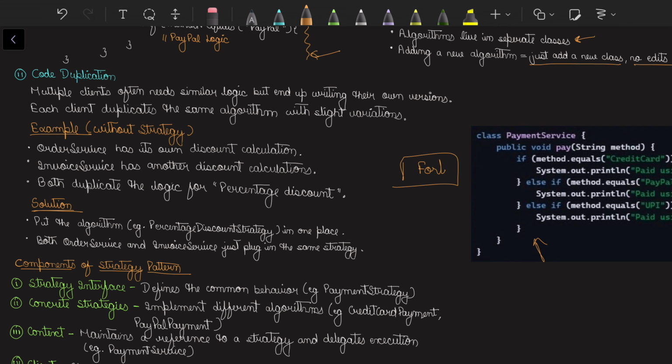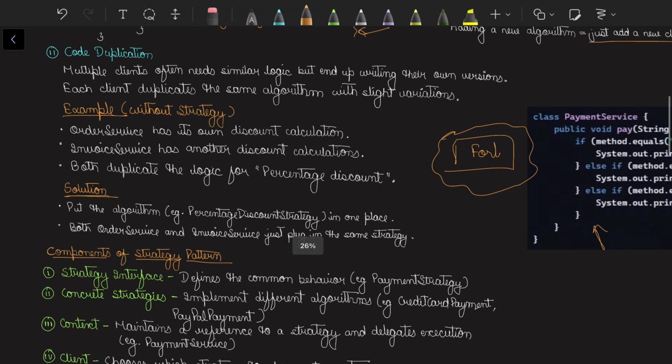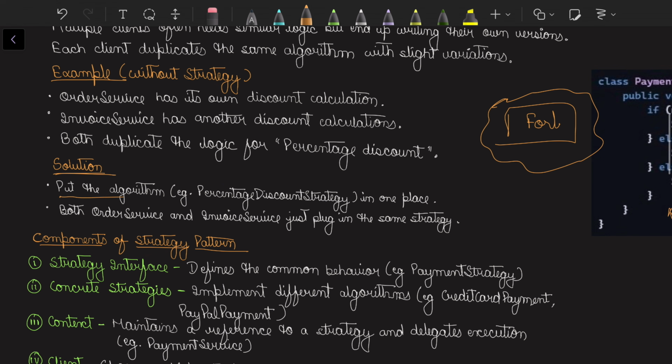So instead of duplicating the code, we can separate this code into a separate method or separate service and utilize it later. So the solution is to put that algorithm, the percentage discount strategy, in one place, and both order service and invoice service just plug in the same strategy. Okay,